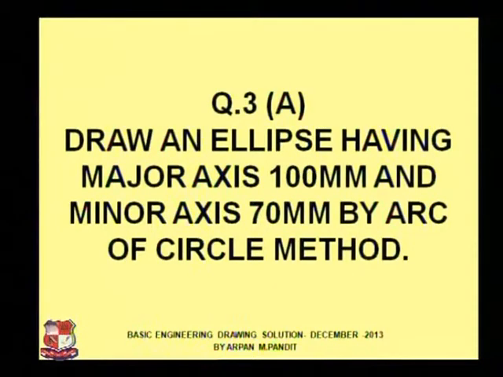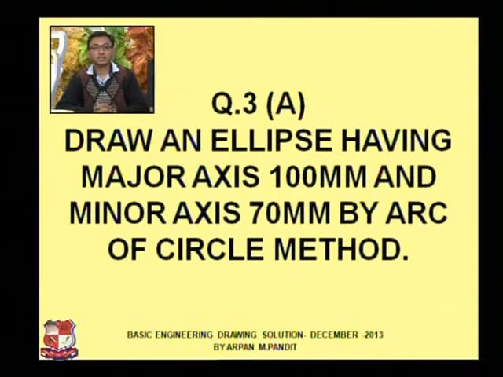This is the problem of engineering curve. In this, we need to draw an ellipse having major axis of 100 mm and minor axis of 70 mm by using arc of circle method. Again, in this method, most of the students are doing the same repetitive mistake. First of all, you should understand that whether you are using Gujarati medium or English medium, the paper would be authentic. Most of the students have made the mistake that in the Gujarati medium, it has been given that